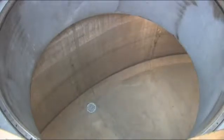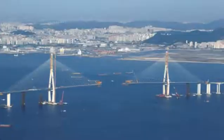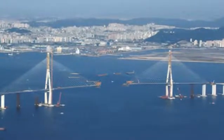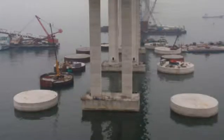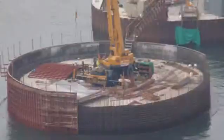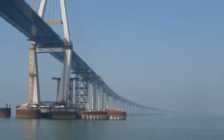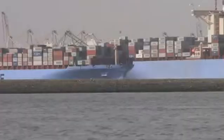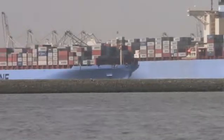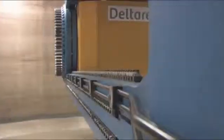We can illustrate the workings of the GeoCentrifuge based on 3 examples. For the Incheon Bridge, which will connect the airport in South Korea to the mainland, Deltares carried out a test which tested the strength of the protection around the pillars to withstand collisions. Since it concerns a huge project with so-called dolphins measuring 40 meters in height and 30 meters in diameter, into which large container ships could collide, the test was executed on a scale of 1 to 200 at 200 times